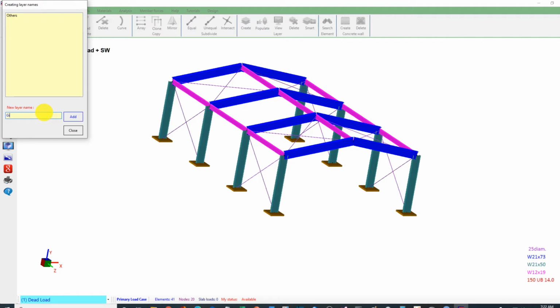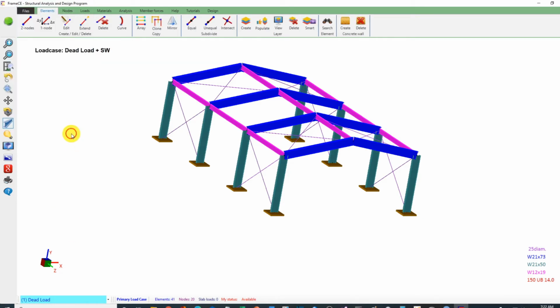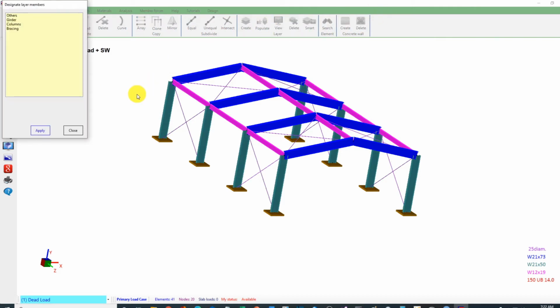Say for example, girder, add, then columns, add, then bracing, add, then close. Now I will populate the layers with the elements that belong to the layer. So click the populate button,